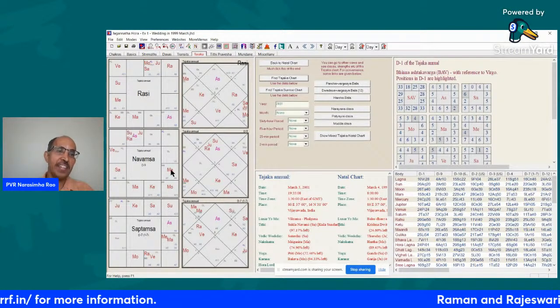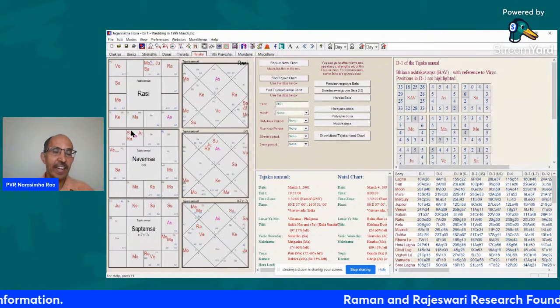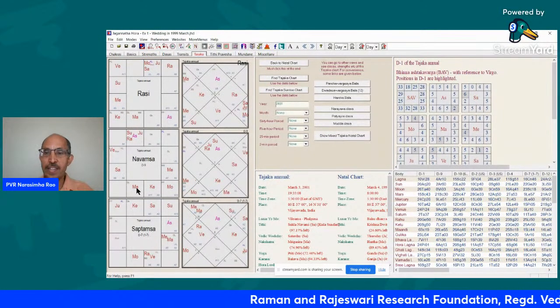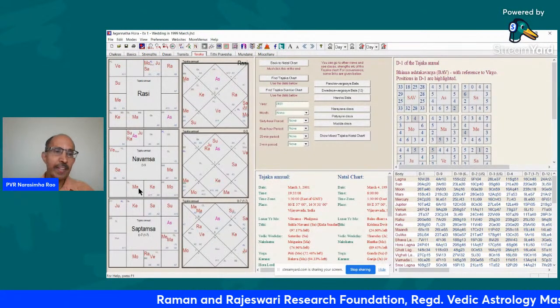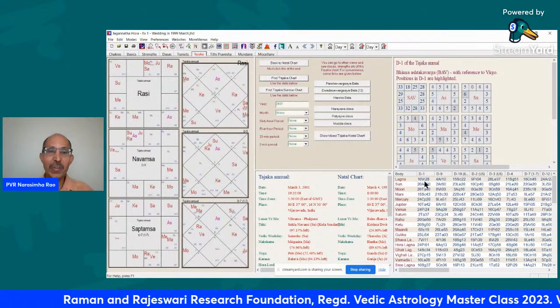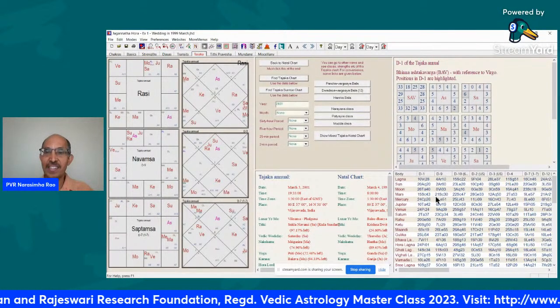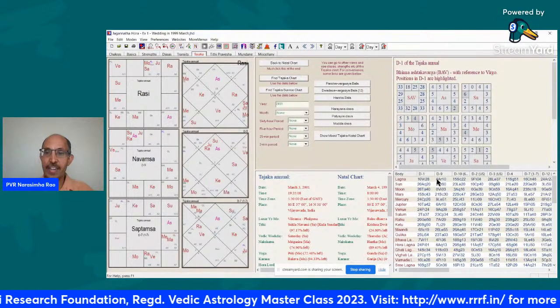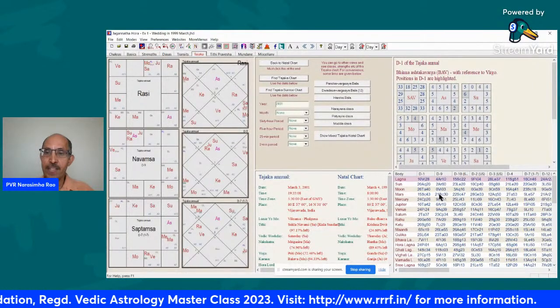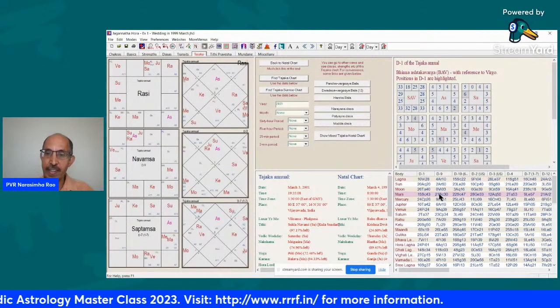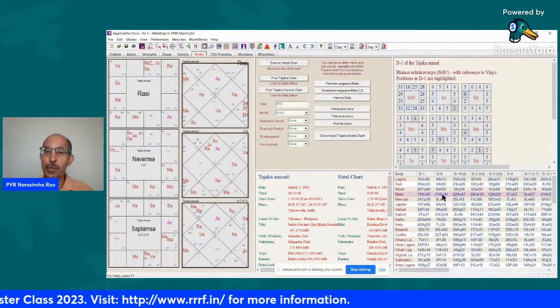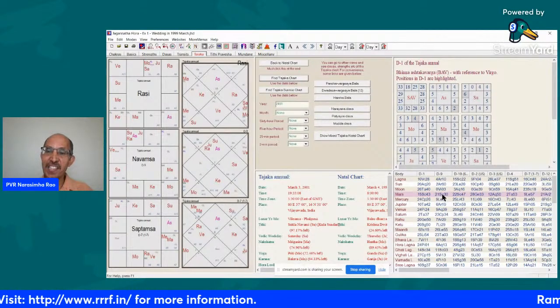The fifth lord of children is exalted, and the Lagna lord is also in his own sign. You may think that he's in the eighth house, but if you look at the longitudes, the Lagna is at 4 degree Aries, and Mars is at 21 degree Scorpio. So he's actually in the ninth house. So Lagna Lord is in the ninth house.